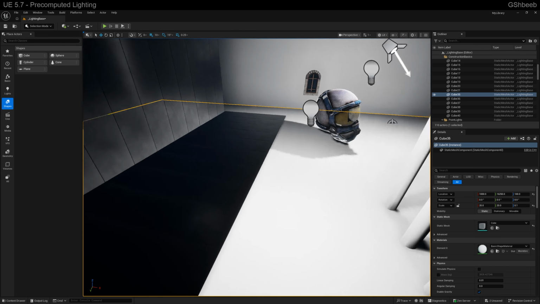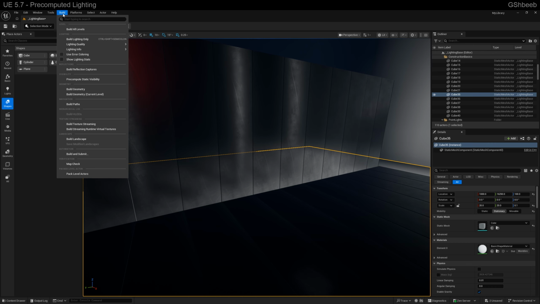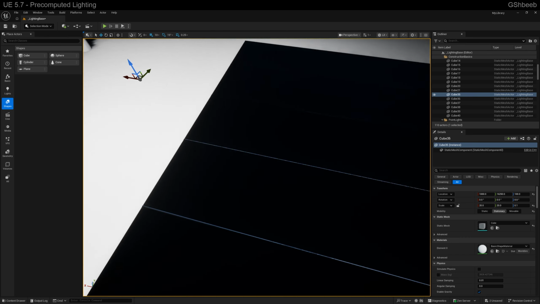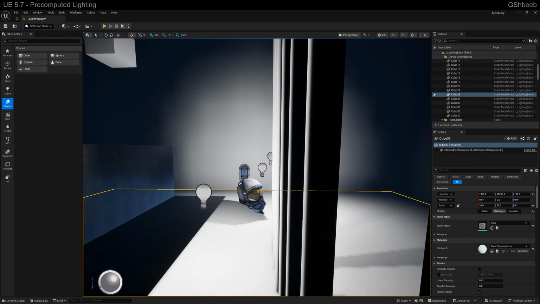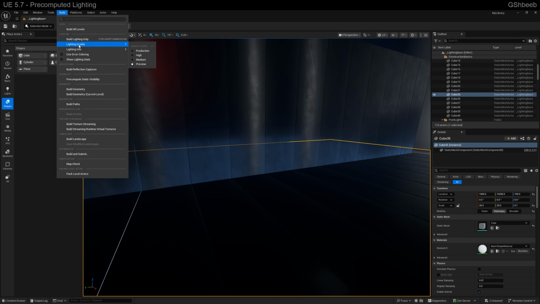And if I choose the floor here, and I change it from static to stationary, and I go to build lighting, or we can just start off with reflections. That's showing the blue that's underneath this is being reflected here. And then if I go to do build lighting,